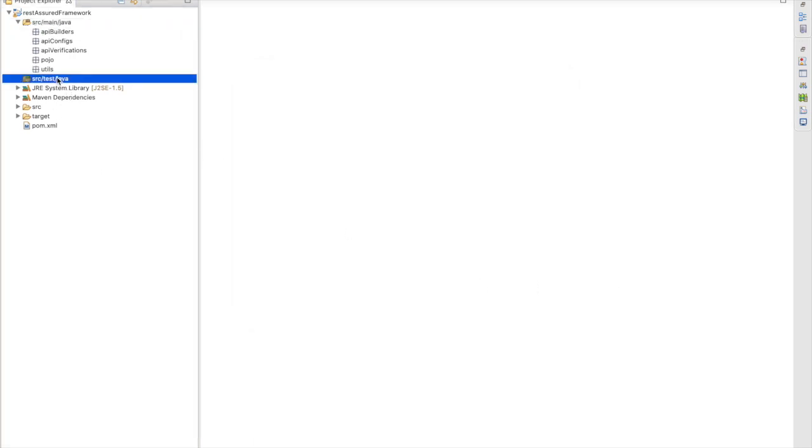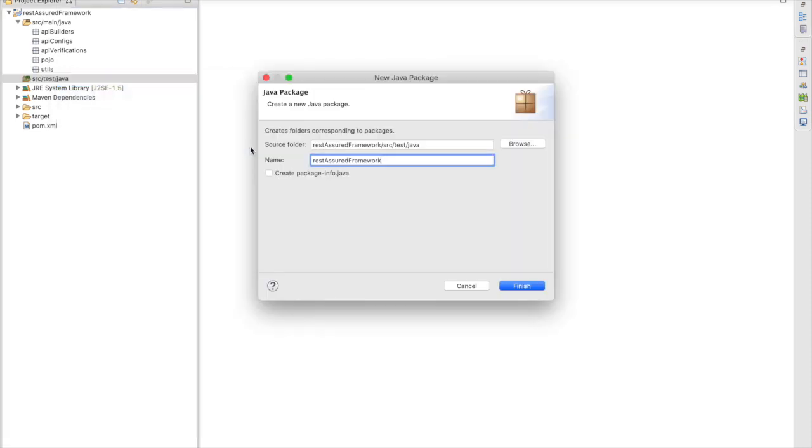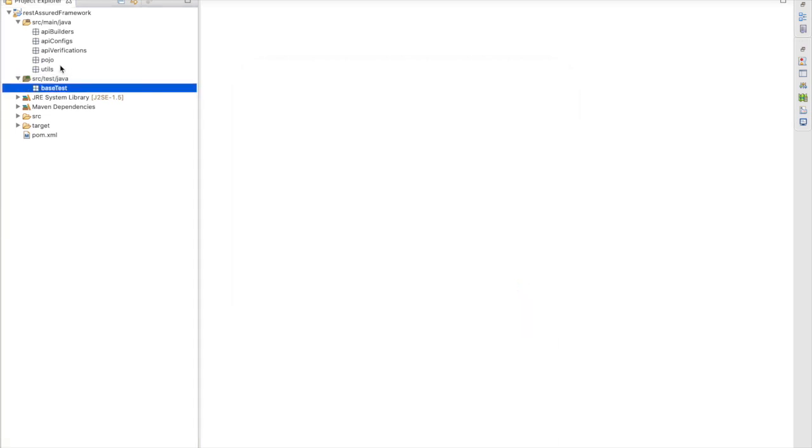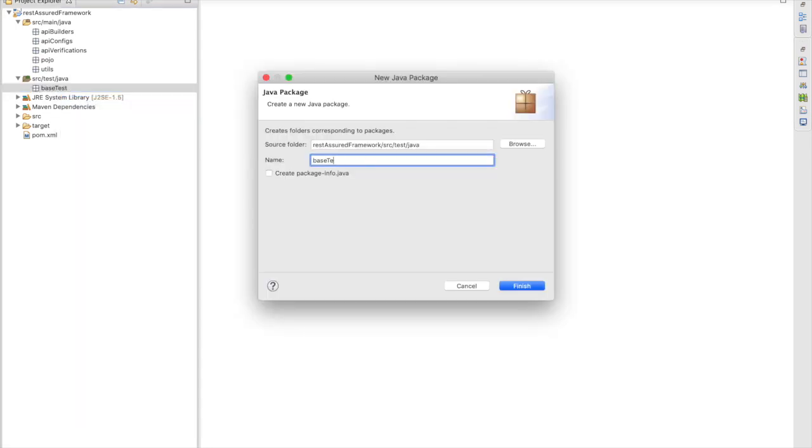Now inside the test package, what am I going to add? First thing will be my base test. In base test, what am I going to define? I am going to define how to start, meaning starting the test, and then we are setting the base URL, port number and everything. So this will be inside my base test. And now the final package will be my API test, or whatever the API name. Let's say this is my student API. So student API test.